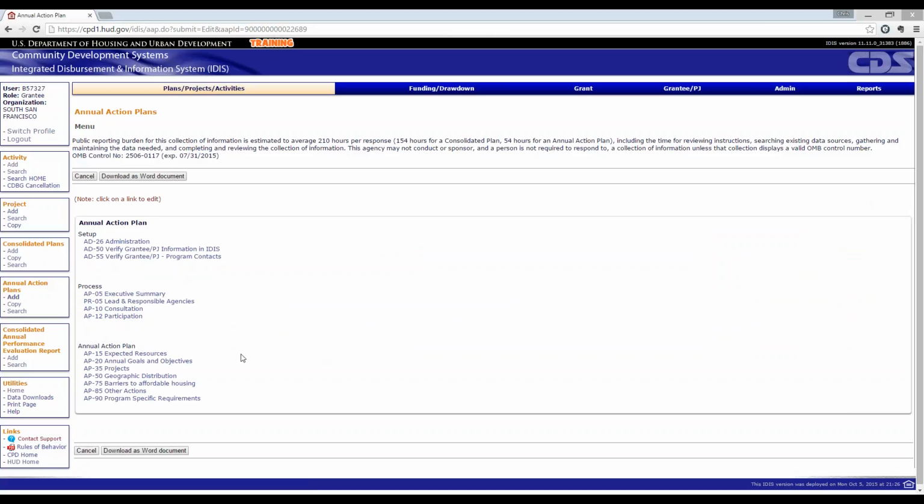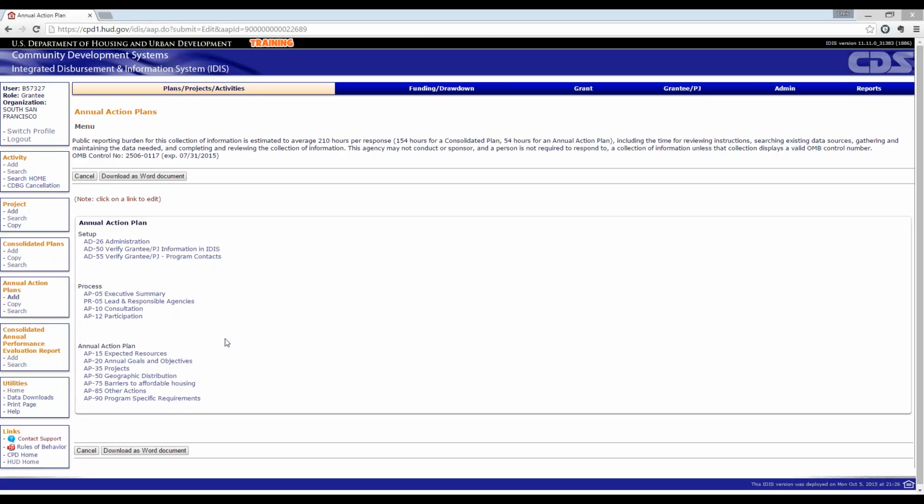Once I'm done, I will be able to let the lead grantee know, and then the lead grantee can go ahead and submit my action plan along with all of the other action plans back to HUD.